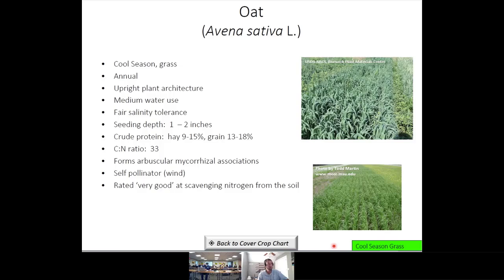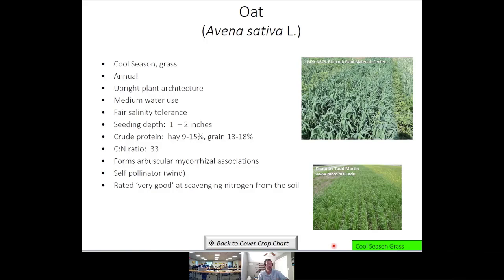It gives you not only more information about that, it gives you things like the cool season. It's in that functional group. It addresses those characteristics that we were looking at. It gives you seeding depth, crude protein if it was going to be fed, C:N ratio, so you can use that to balance that in that mix. Tells you some forms of arbuscular mycorrhizal association, self-pollinated through wind, is rated very good at scavenging nitrogen from the